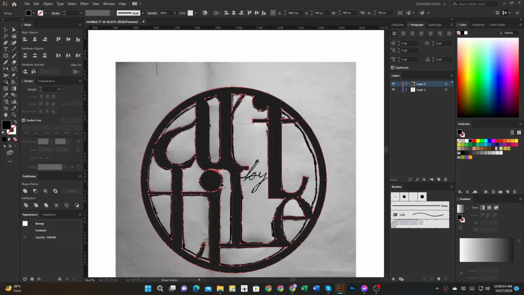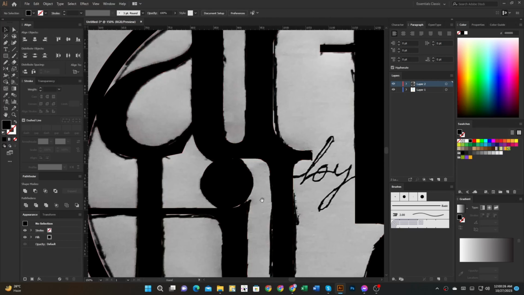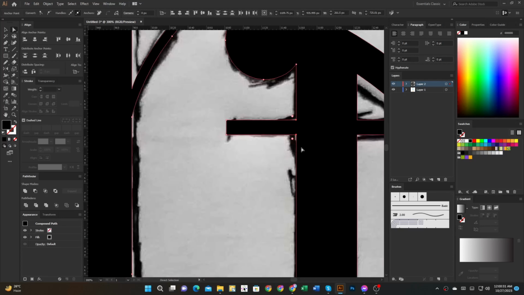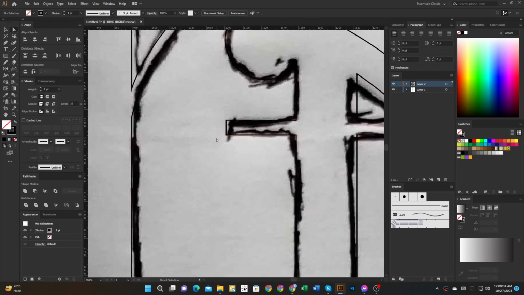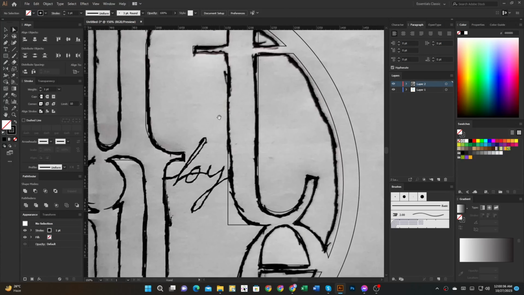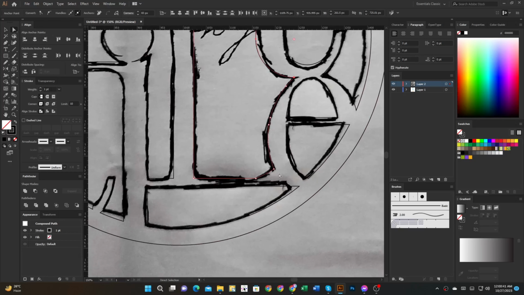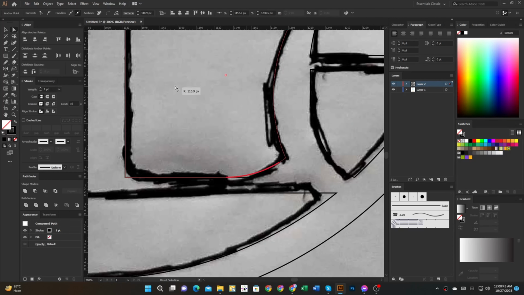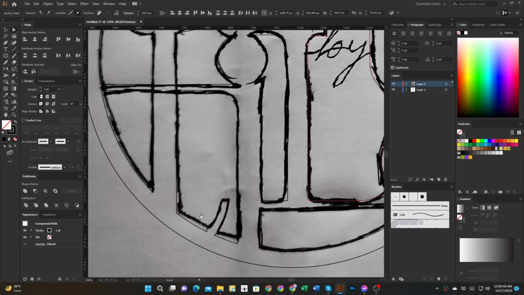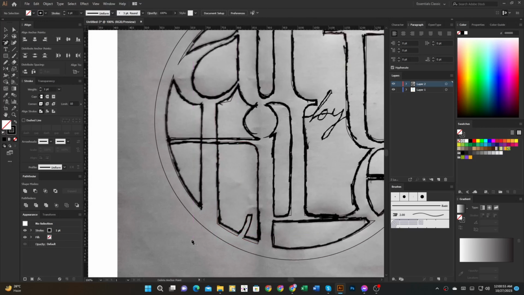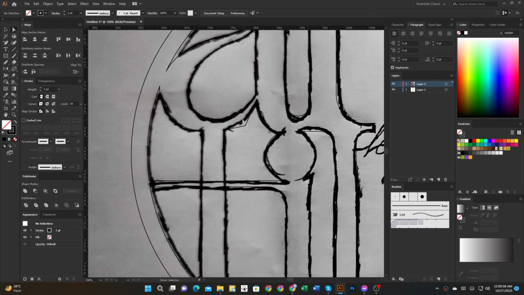I use a direct selection tool for rounded. And it's some rounded. Then it's. And it's.